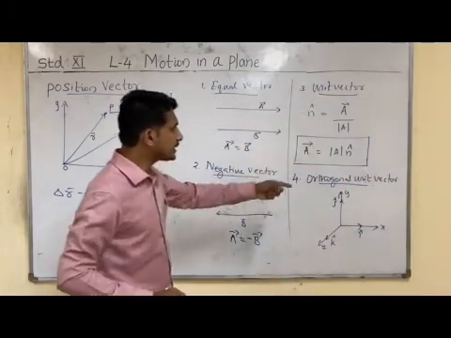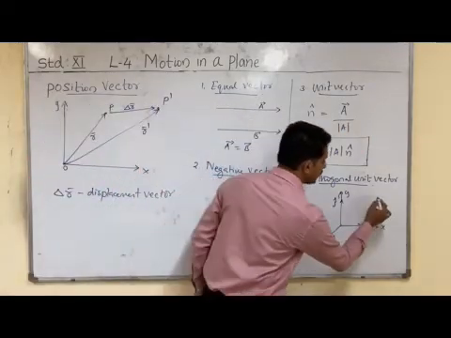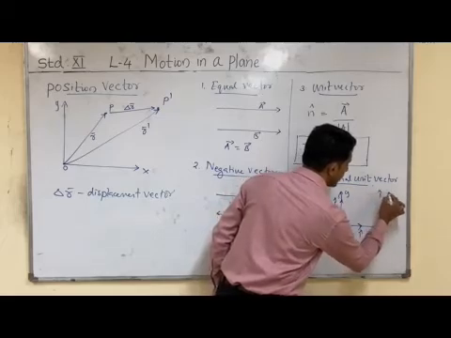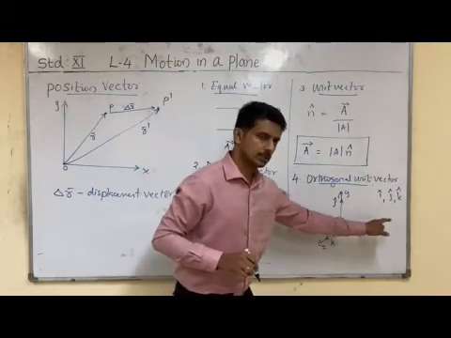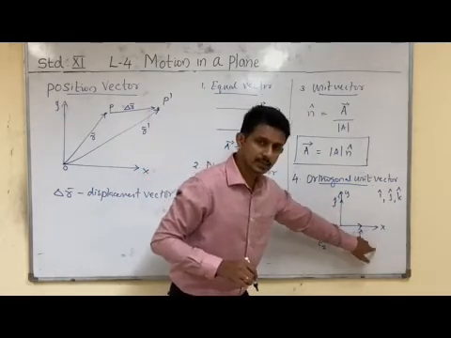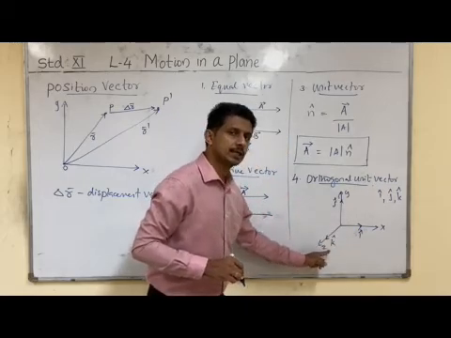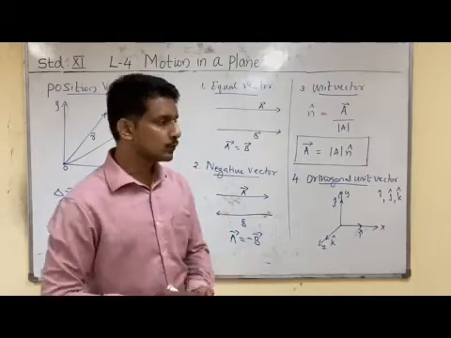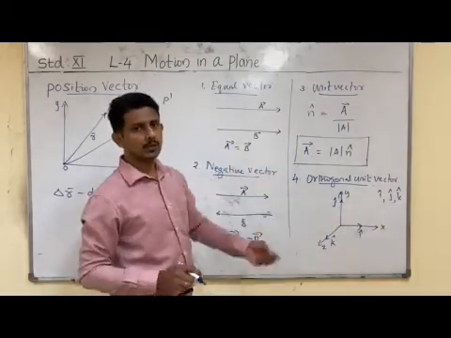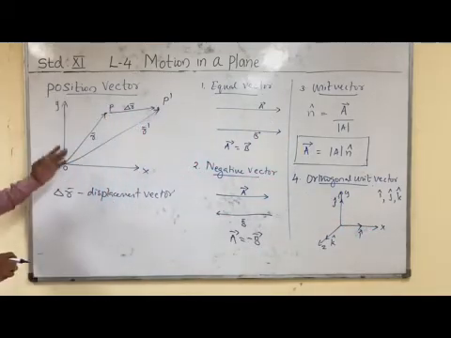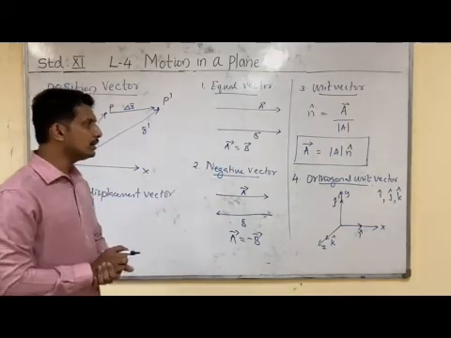So this is where we can understand these different types of vectors. When we are considering orthogonal unit vectors, i cap, j cap and k cap are the orthogonal unit vectors. Please remember, i cap is along the x direction, j cap is along the y direction and k cap is usually taken along the z direction. They are mutually perpendicular to each other. So this is the way we can discuss the position vector, displacement vector and various types of vectors.